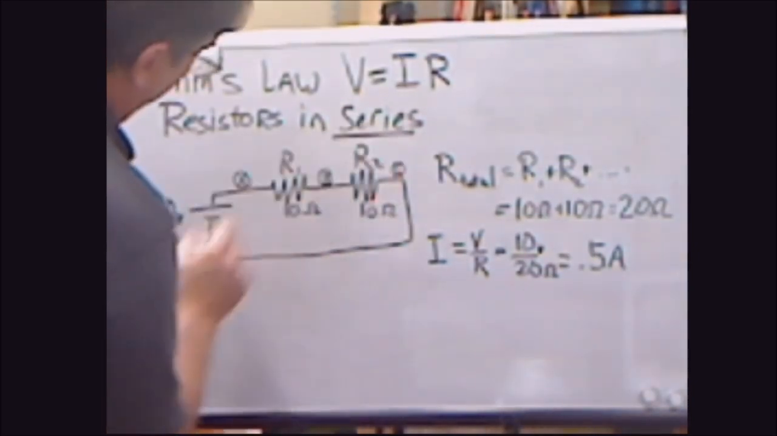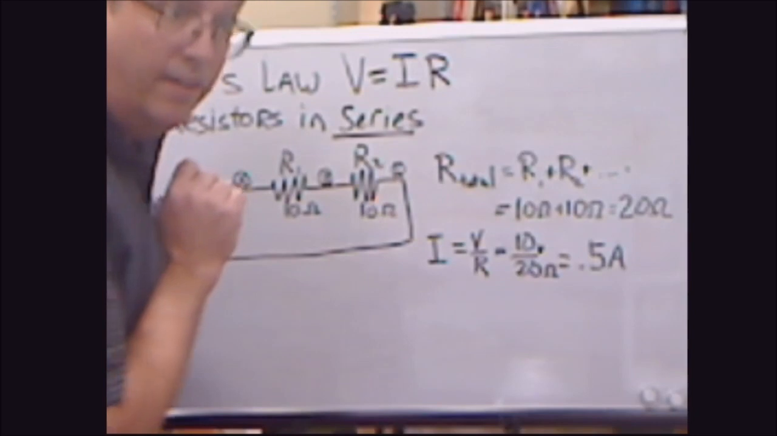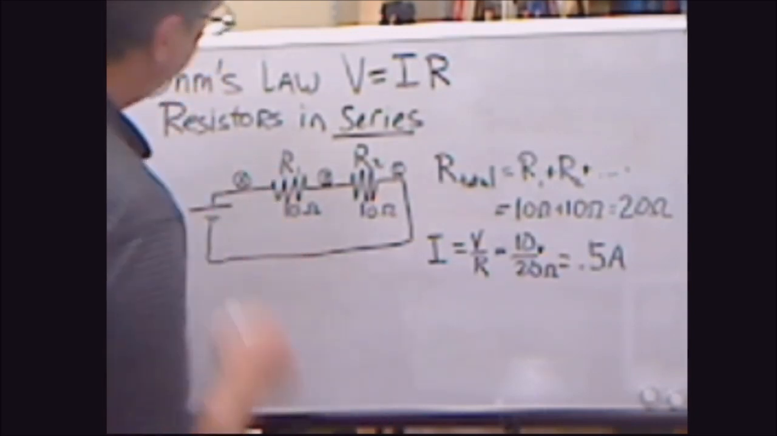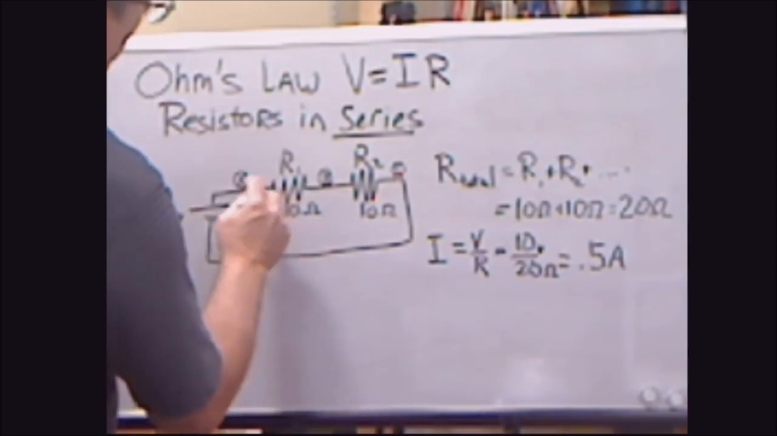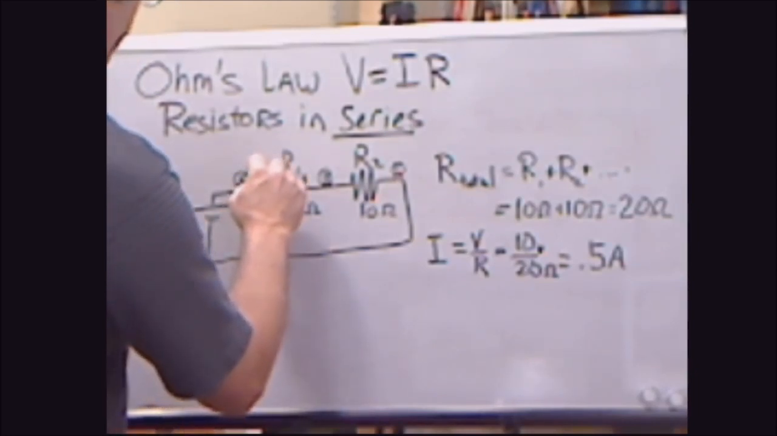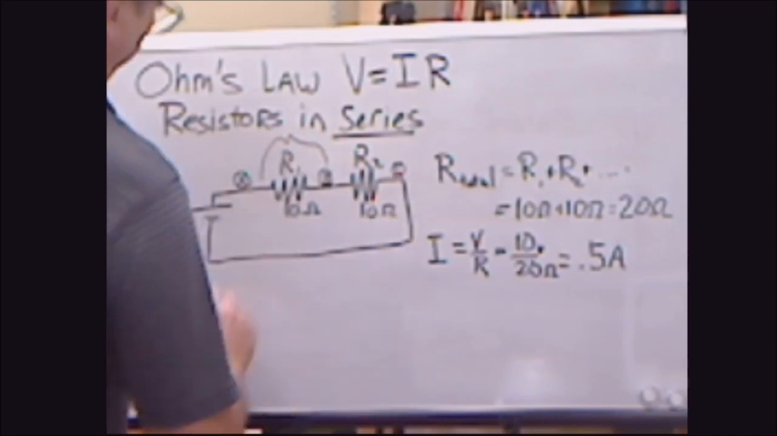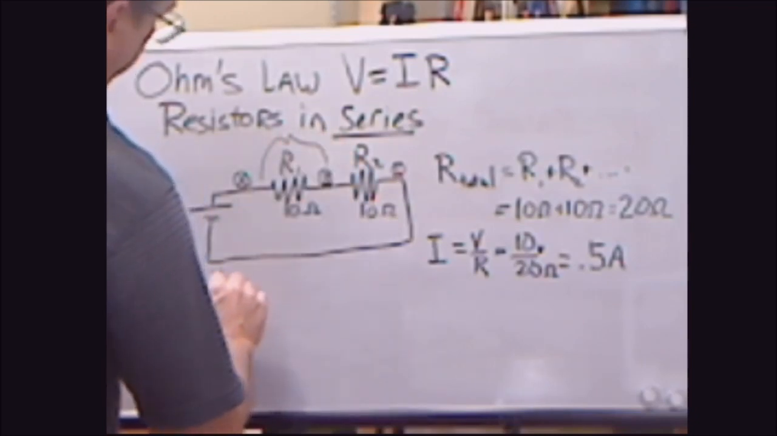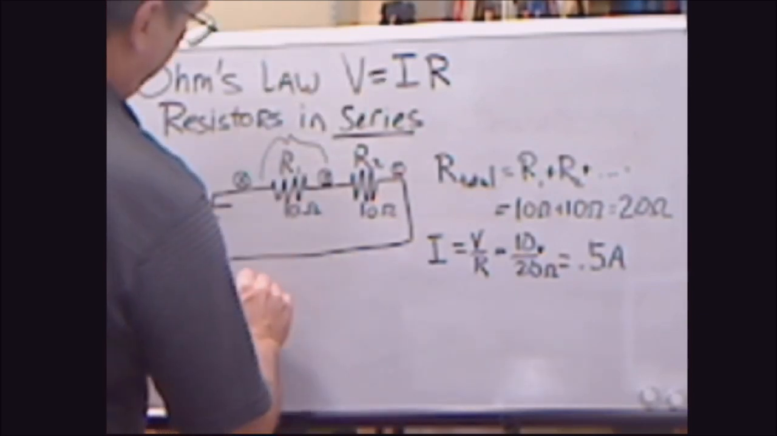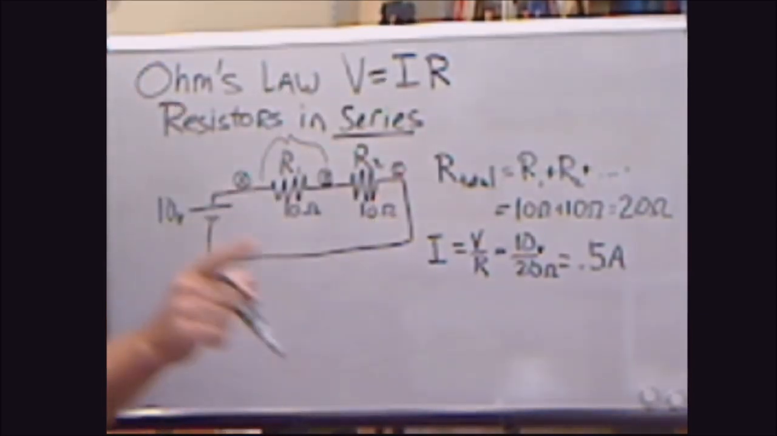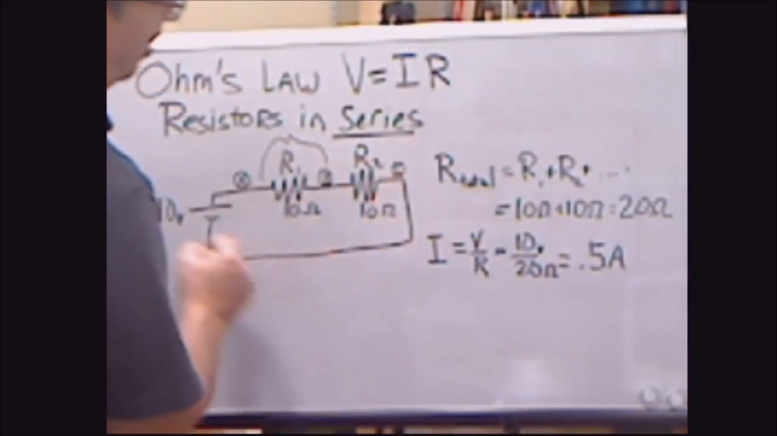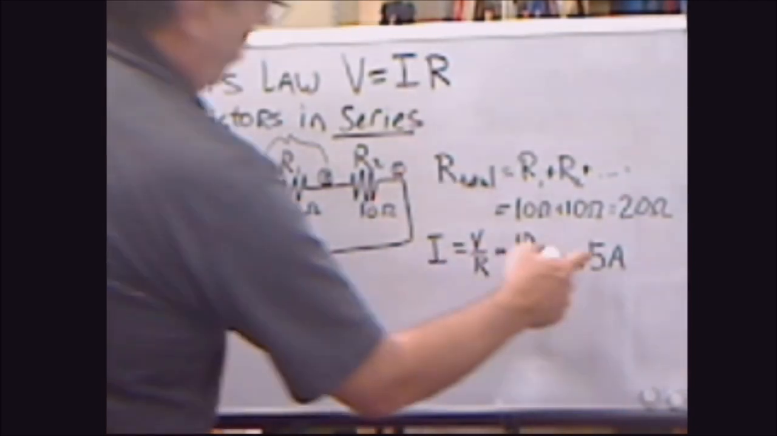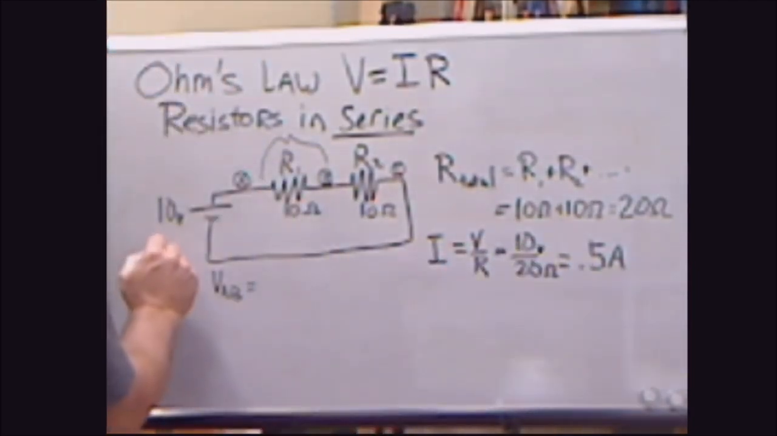Being here on the wire is no different than being connected right here to the power source. So the question now is, if we've got 10 volts total, what is the voltage drop from A to B? And we know V equals IR. Current, in a series circuit, stays the same all the way around. So we already know that our current is 0.5